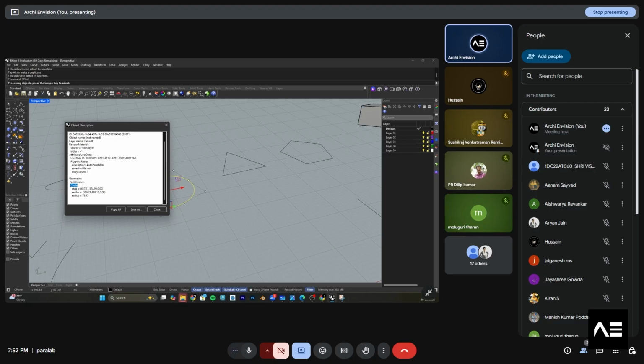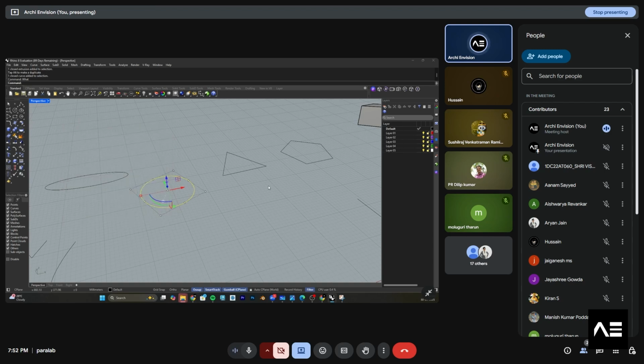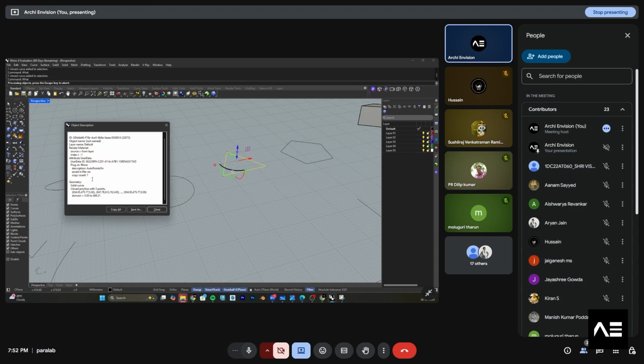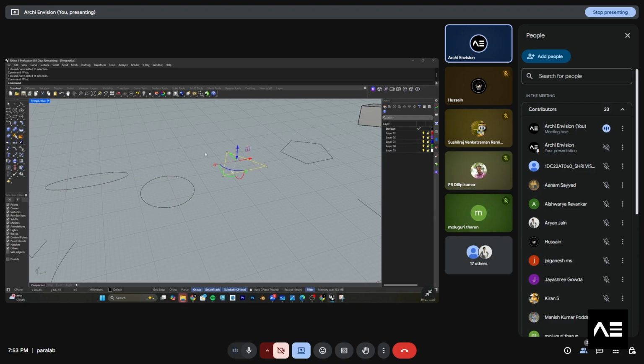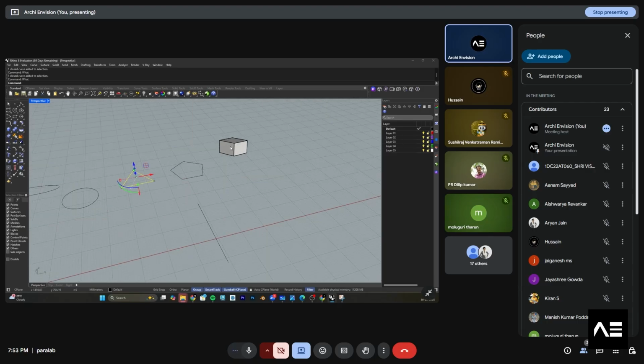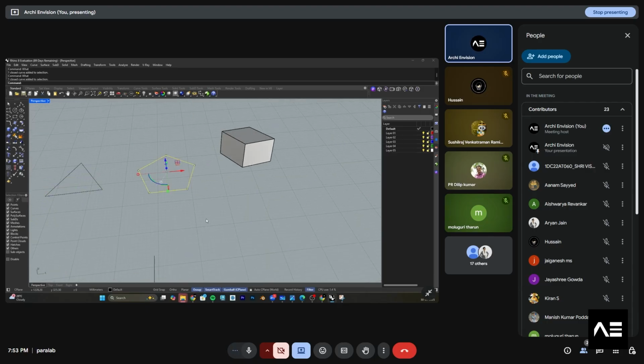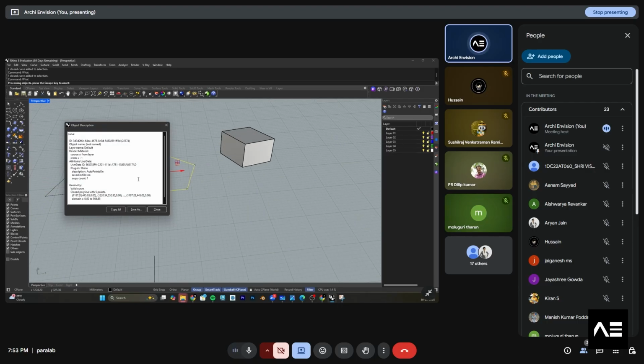It says circle, and it says the start, the center, the radius. Just select it, type what, and analyze the forms you created: where, which is the location, which is the point, which is the cube, and the information will be shown over here.